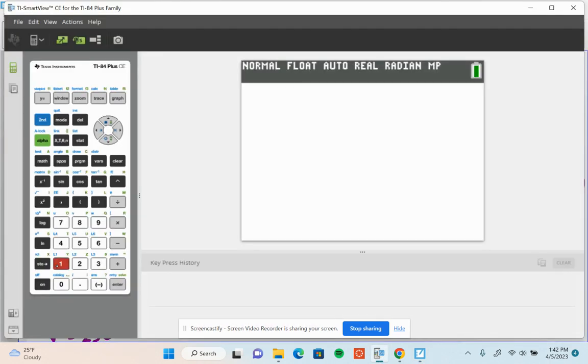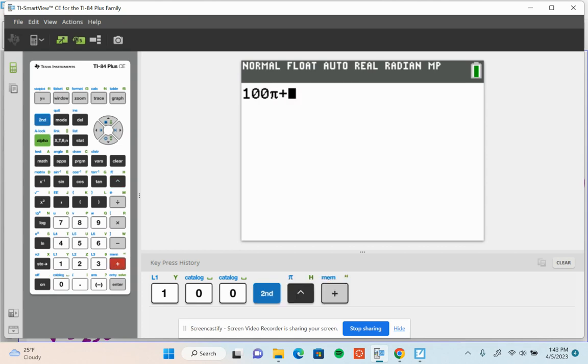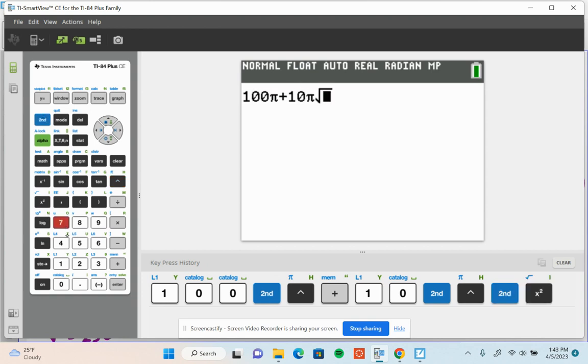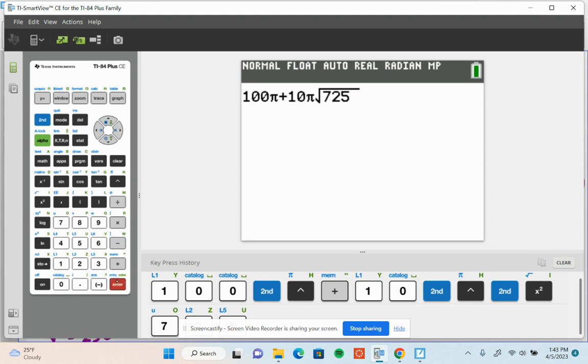I'm just going to do 100 times pi plus, what did we have? 10 times pi times the square root of 725, and we'll get our decimal approximation,